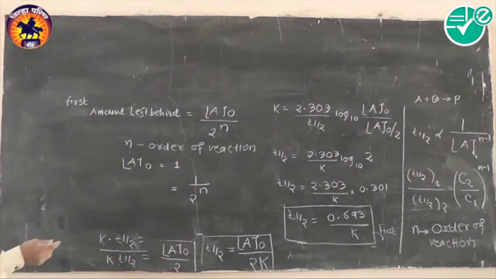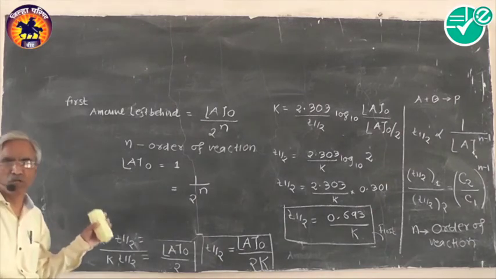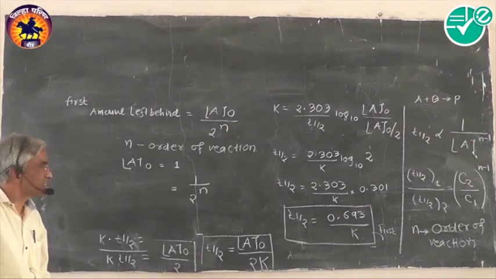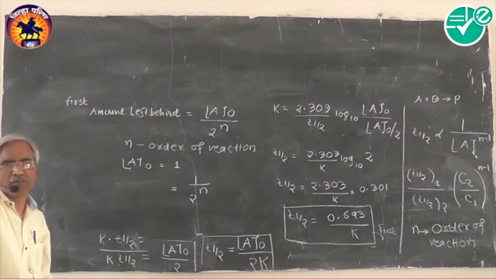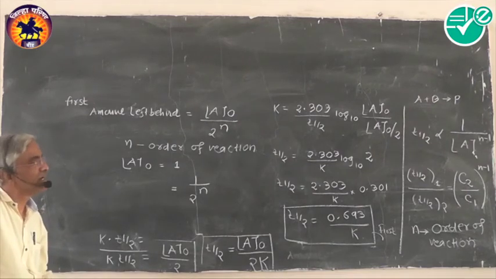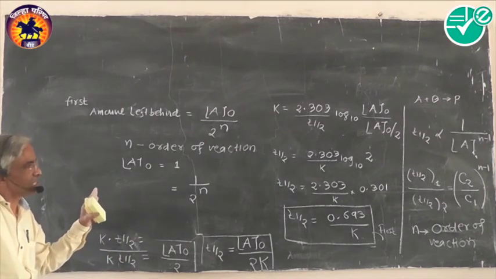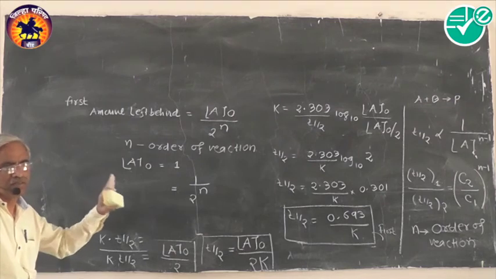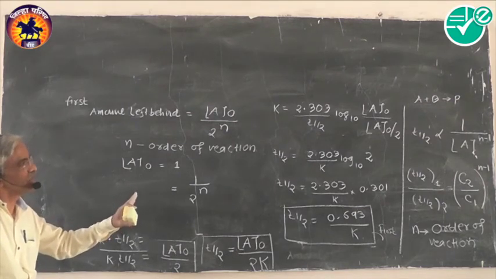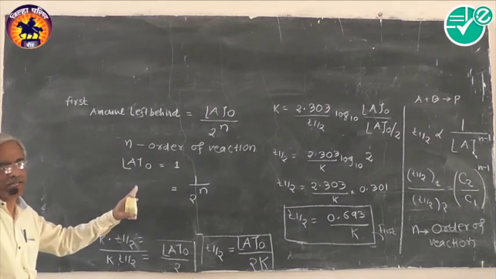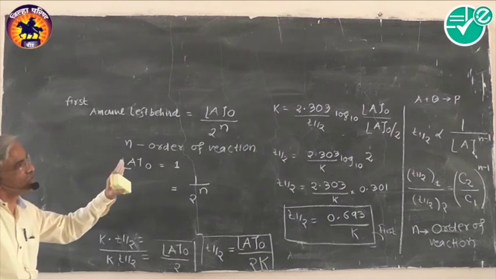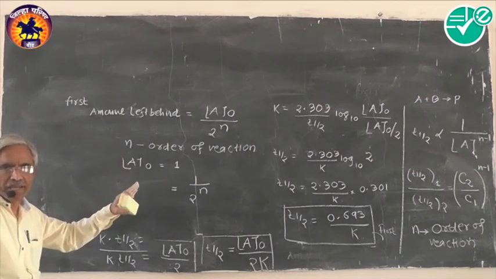And one more thing for your understanding: after the first half-life it will be equal to 1 by 2. After the second half-life it will be 1 by 4. That will remain behind. That means the amount which will have reacted, that means the reaction completed, is 3/4. By that way we can proceed and study it, and these are the ways of determining the order of reaction